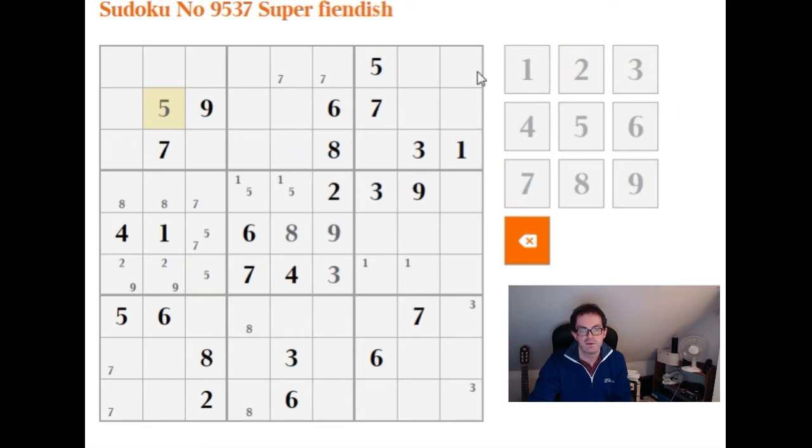And here's another reason it's useful that's just coming up now. This is a good solve for us actually in terms of promoting this method. Let me just note the 3s here and then we'll go back to these 5s. So we located a 5 here and we have a 5 here. Now that means that a 5 has to be in one of these two positions. So let's record that. And now you can see again in columns 4 and 5 we have 2 lots of 5 like this arranged